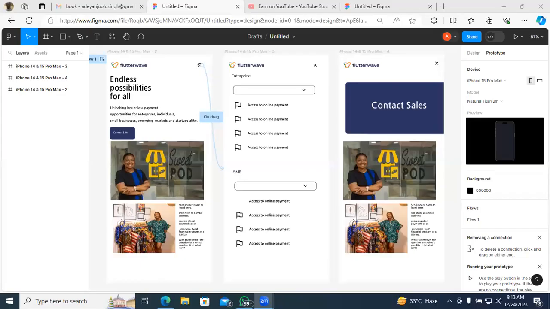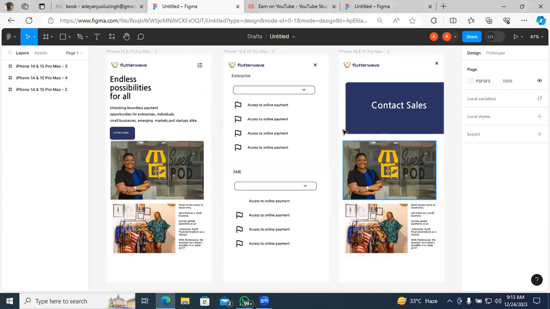Can you guys see my screen? It's still sharing. Can you see my screen now? No, sir, it's still sharing. It has shared already now. Okay, yeah, it's showing now.